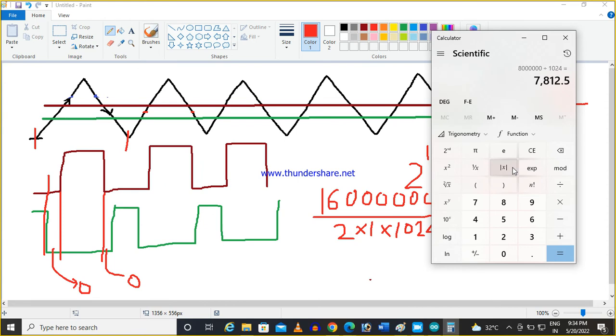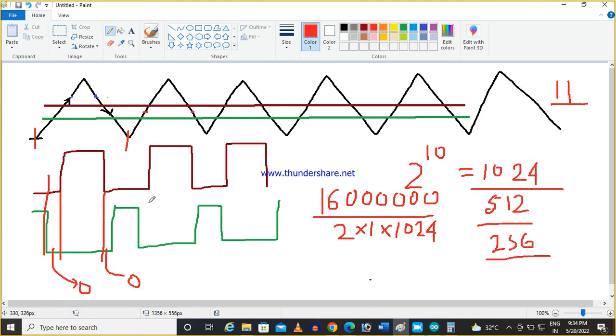So your PWM frequency is 7.8125 kilohertz. So my entire period, the T, is equal to